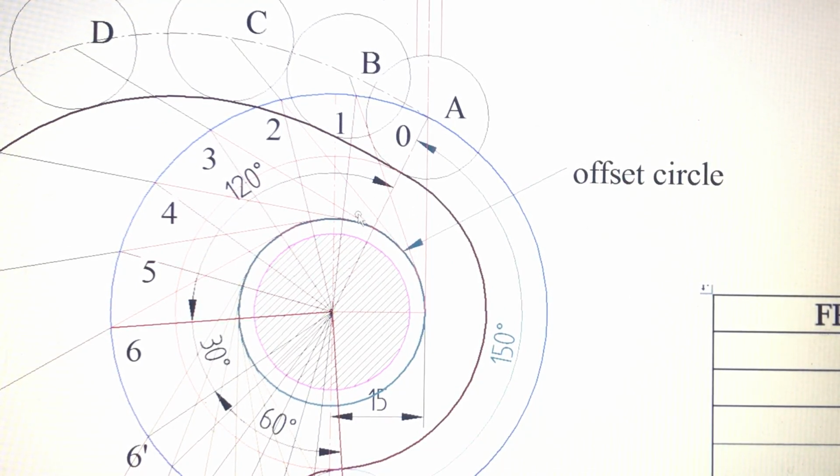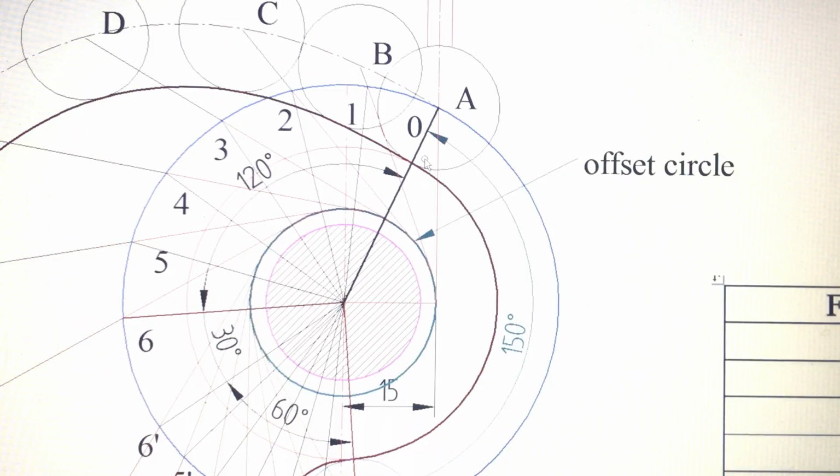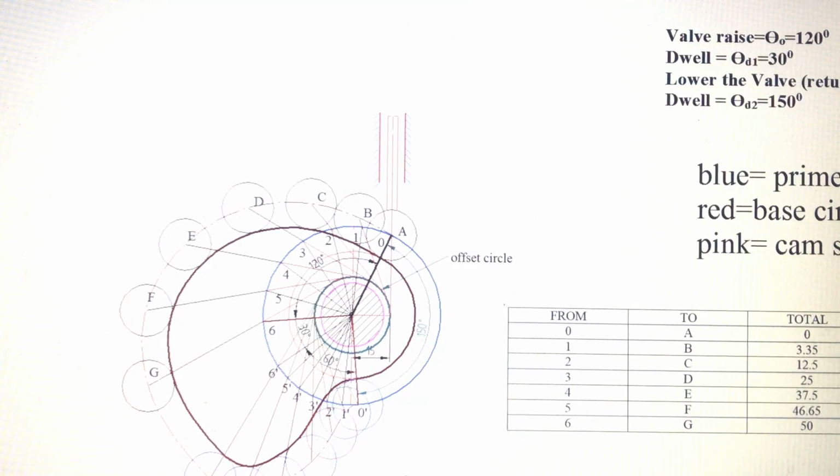In the final step, by taking this line as a reference, I'll highlight. It is a group, so I'm not able to highlight this. Wait, I'll show from this line. From this line, this intersection point as a reference point, you draw one more curve, like this thick maroon color line. So this indicates the cam profile for offset follower.